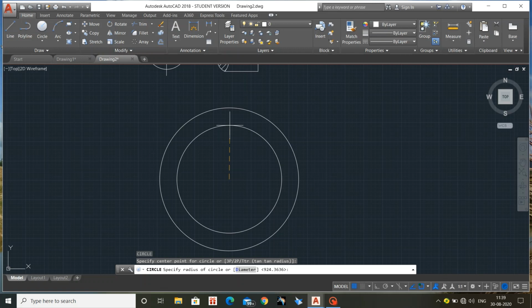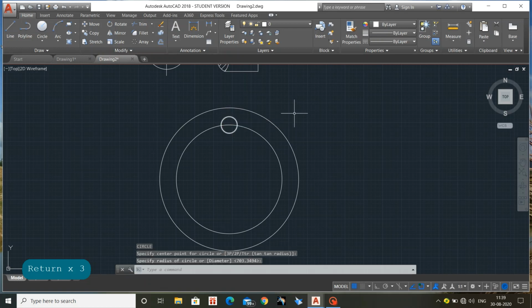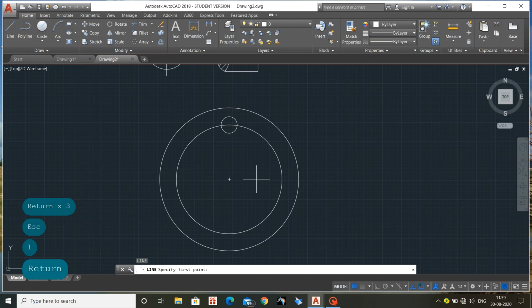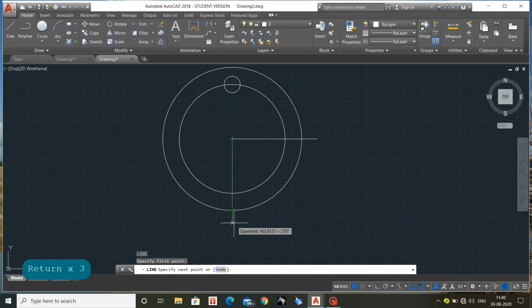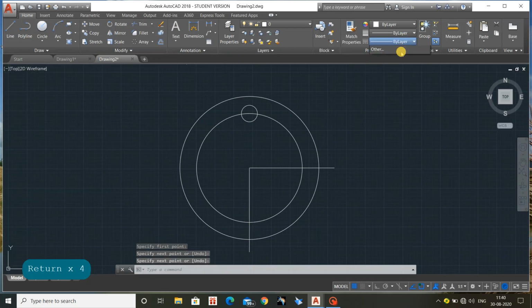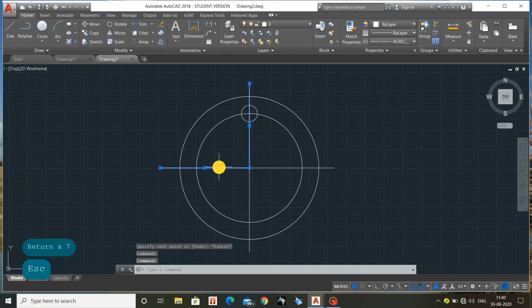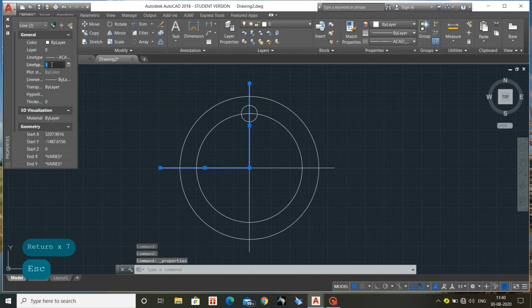So 2 circles we are going to construct, and one more circle I am going to construct here in the same. Now let's start giving the axis lines. So axis lines, here we have 2 types, as the view varies. So these 2, and now I'm using the axis line to construct, and next axis line to construct. Yes, done. So I'll change the properties of these 2 lines. So I'm scaling it to 20. Yes, done.